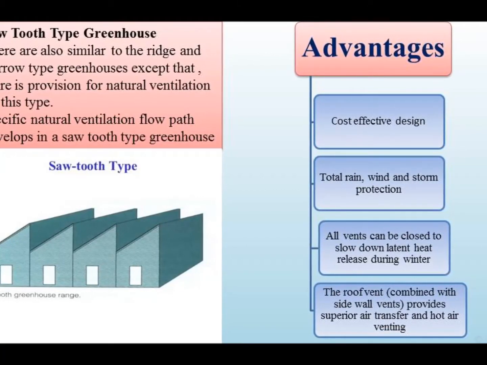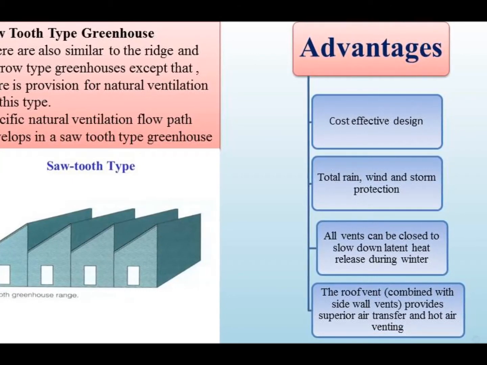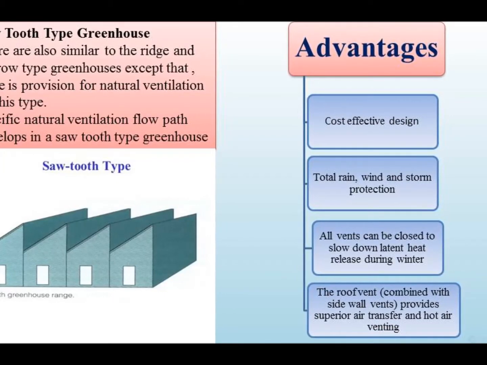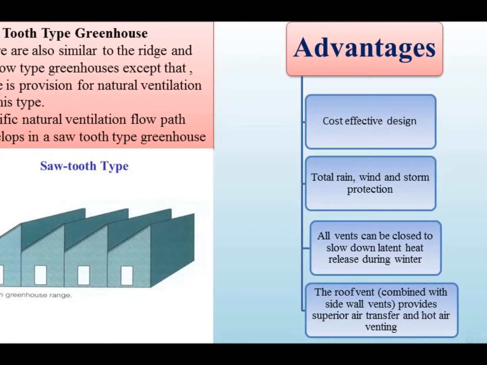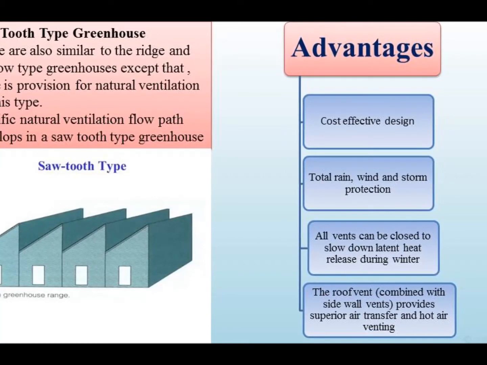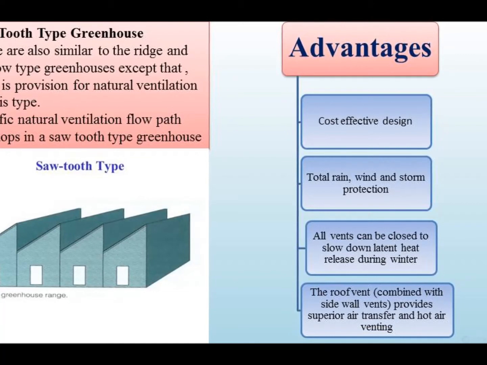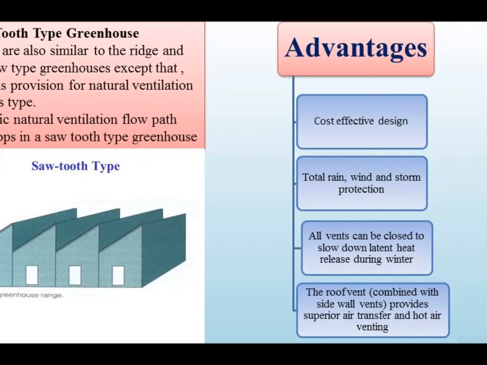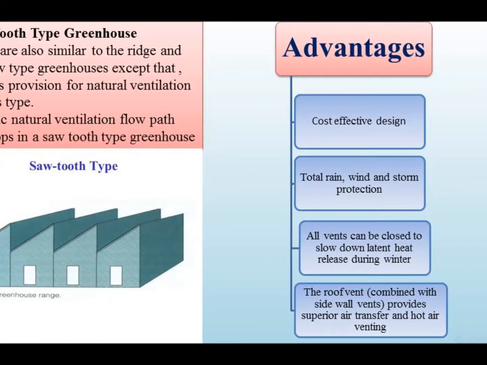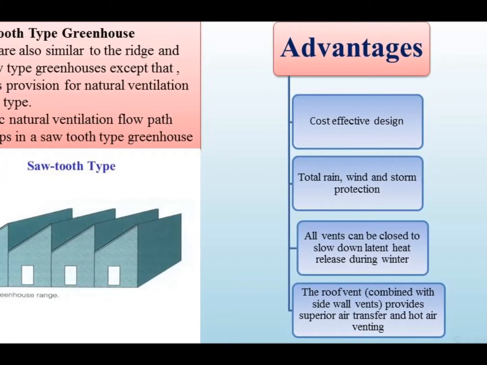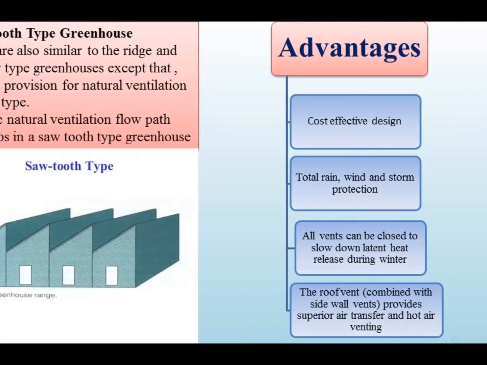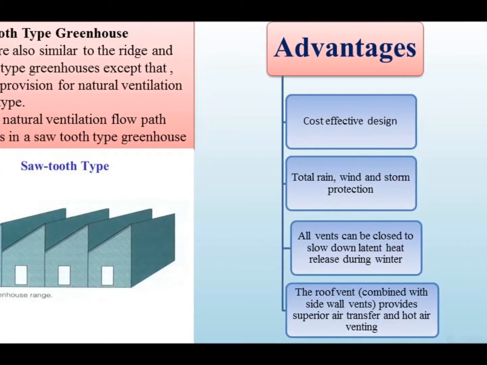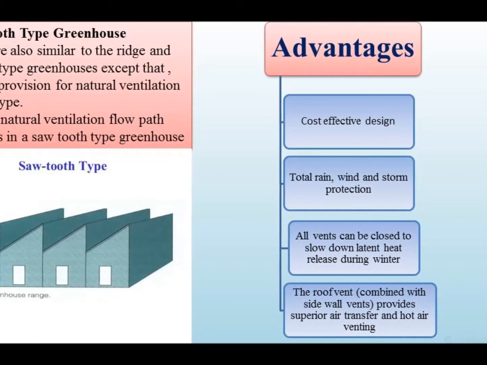The growth and health of your plants are directly influenced by ventilation and good environmental factors. According to controlled environmental factors, this type of structure has some benefits. First, this structure is a cost effective design. Second, these structures help to protect your seedlings or plants from heavy rains, winds and storms. Then next, the roof vent provides superior air transfer and hot air